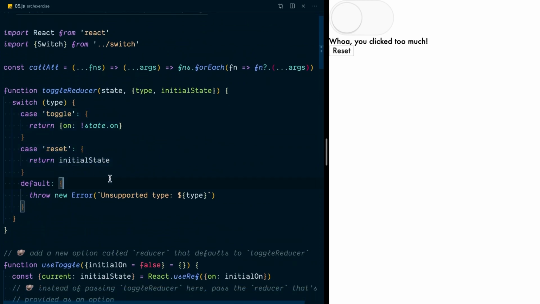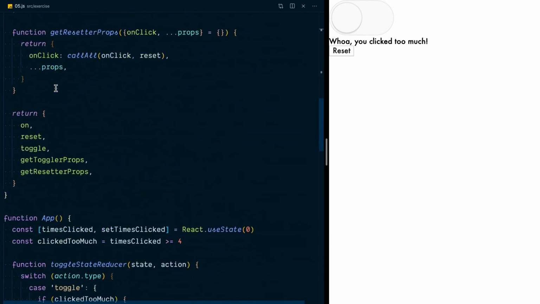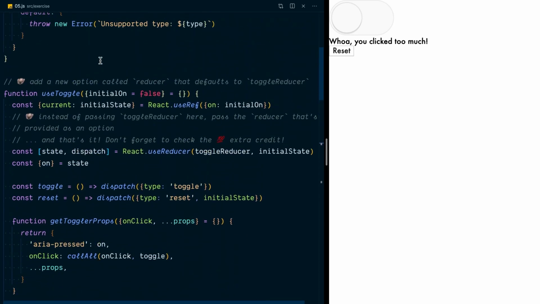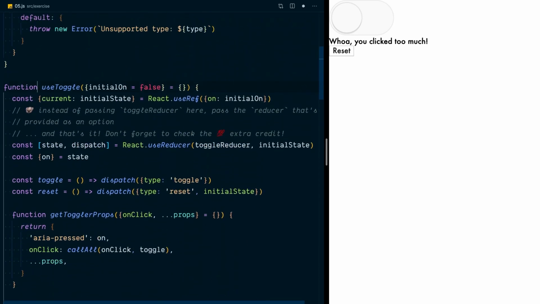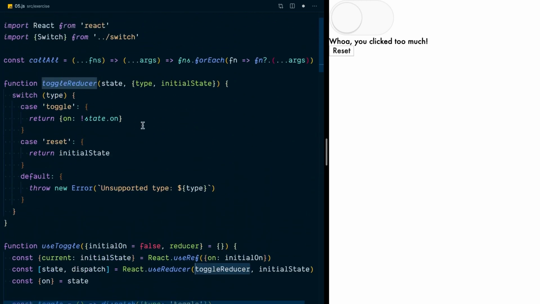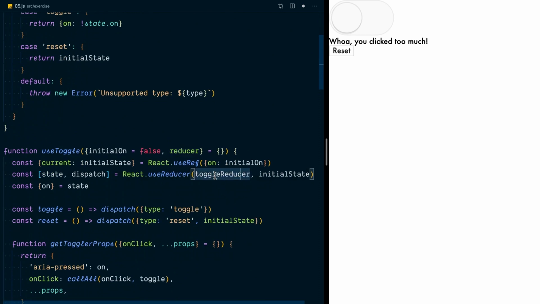So what we need to do is to make it so that people can fall back on the built-in reducer, but they can provide their own reducer if they want to manage how state updates happen for our custom hook. To make this possible, we're simply going to accept that reducer option here. And then instead of the toggleReducer referencing this toggleReducer here, we'll just forward along the reducer that's passed